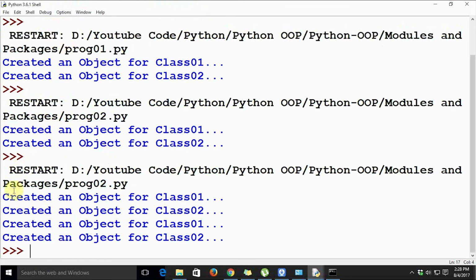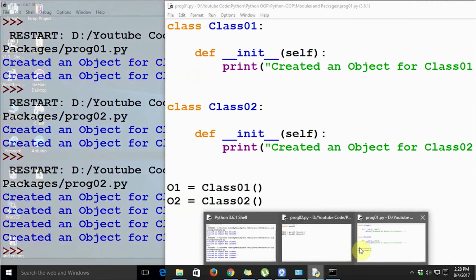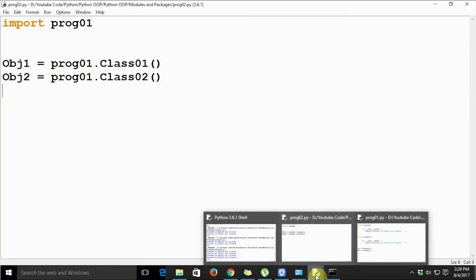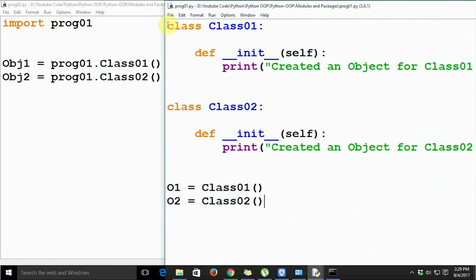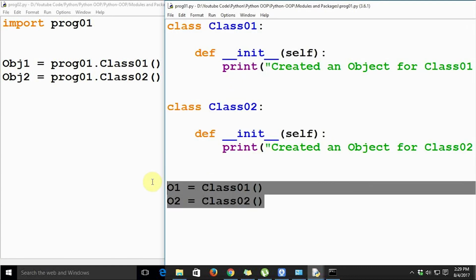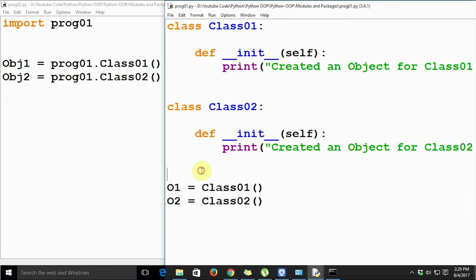I am going to get the message for creating the objects twice, because the first time it is running the entire prog01 module, since we have just imported it as it is. As of now, we do not have any logic to distinguish between our data constructs, like classes, and the block of code where we mention the actual program logic or business logic. We are going to see in the next couple of videos how to avoid this sort of repetition.